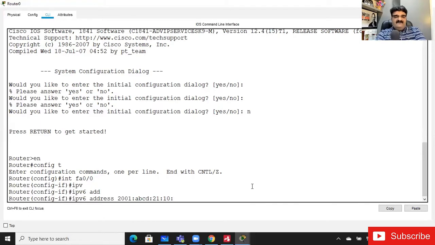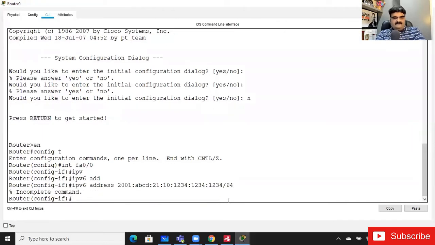The 64 bits we consider the network address, and the host address can be 1234 colon 1234 colon 1234. Okay. Then we have to assign the CIDR mask, and it's 64. We have to use this colon.